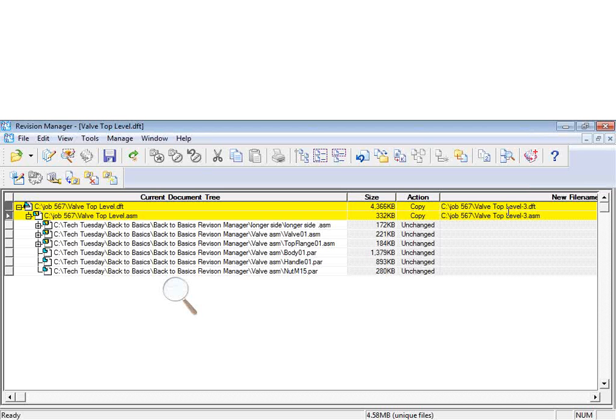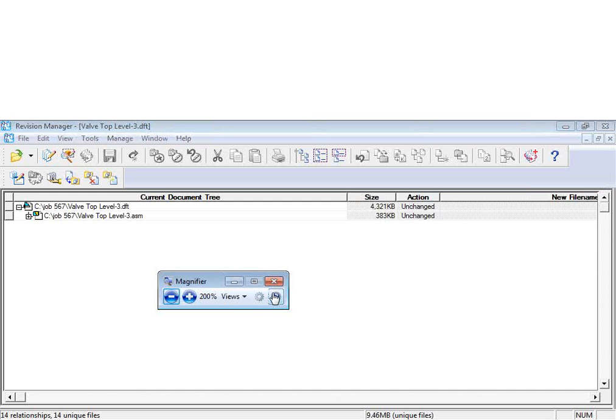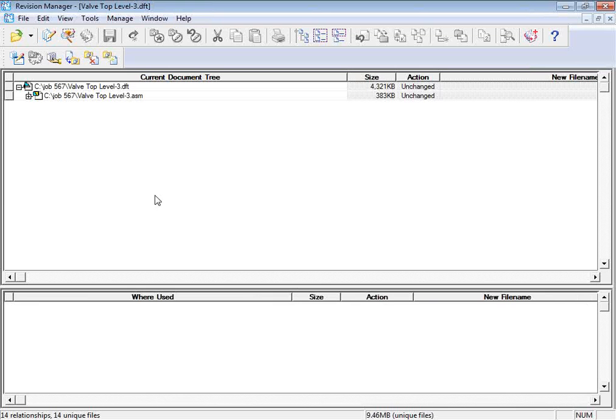But the ability to increment that name is very, very powerful in here, that I can just copy that over and use that. Again, I'll come up to my perform actions and I'll go out and perform that action. Okay, so now I have one in that folder. I have a level 3. So if I were to look at this